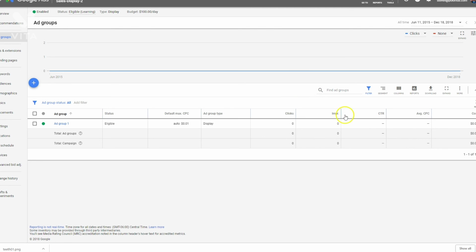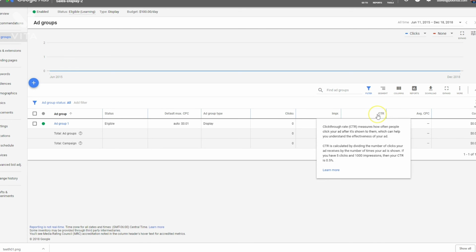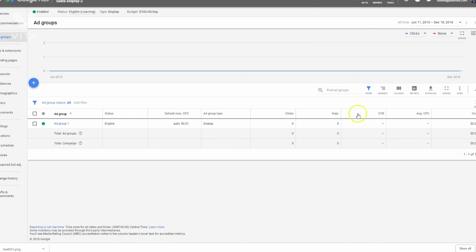So clicks, impressions, click-through rate would be what percentage of the impressions, of people who technically quote unquote saw it, ended up clicking. Okay, that's your click-through rate. And then average cost per click is basically the total cost that you've spent to get that number of clicks. That equals your average cost per click. Okay, so that's what you want to monitor. We don't really have much to compare it to right now, and of course at the moment we don't have any data whatsoever to look at, but you would want to monitor those, compare them to past campaigns if you do have past